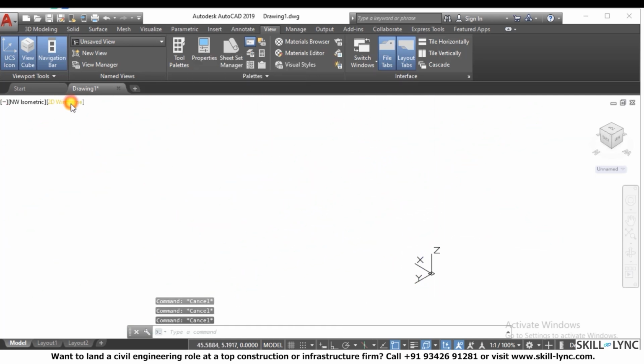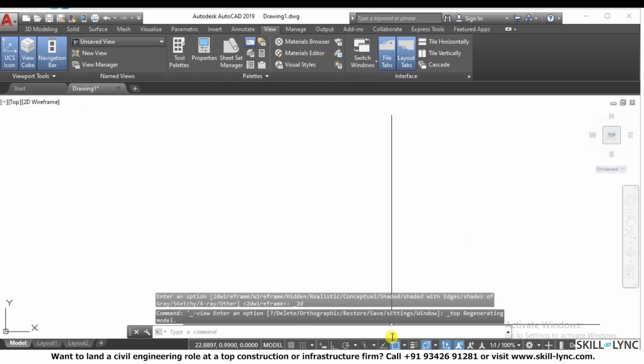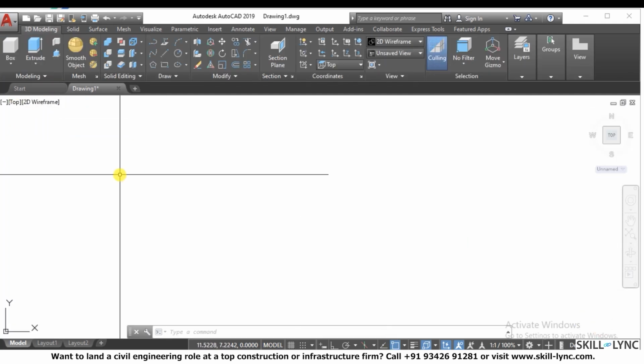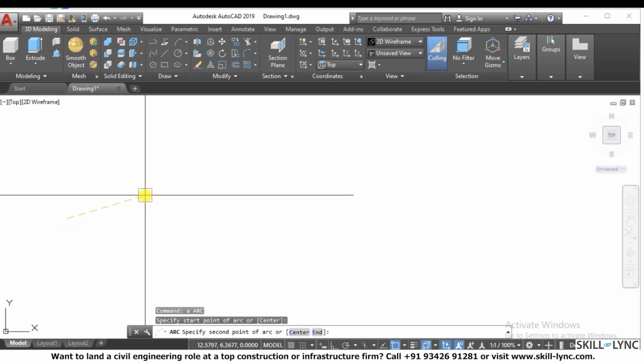Now come to the topic called surface. Surfaces are basically created with the lines. Now let's take an example. The first surface that we will be doing is a ruled surface. Now what is a ruled surface? For the ruled surface, you need to have two particular